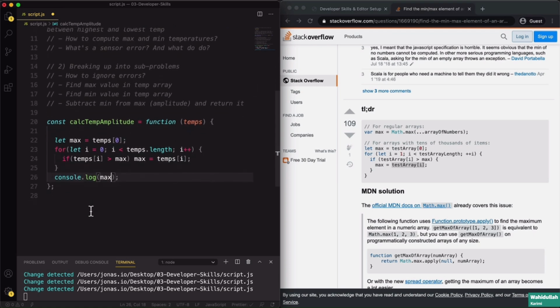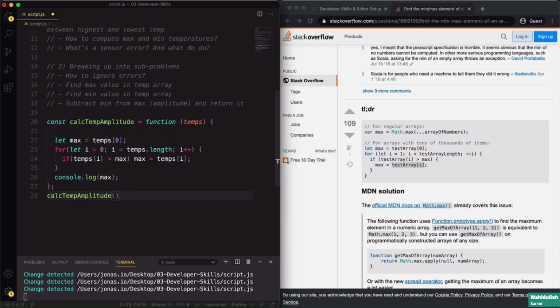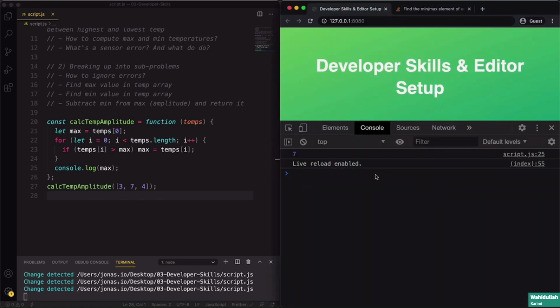Okay, and now just to test this function, let's call it with an array of just some values. So 3, 7, and 4. And so now it's very obvious what the result should be. And so I already saved it, and so probably we now already have the result here in the console, because remember, we still have the live server here running. And so it automatically reloaded the page, and we get the correct result here, which is that 7 is the